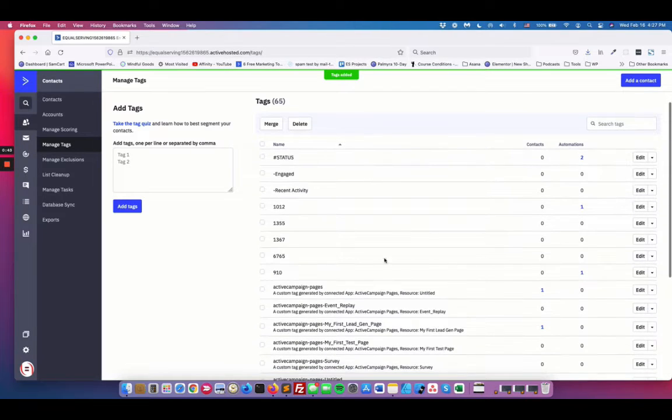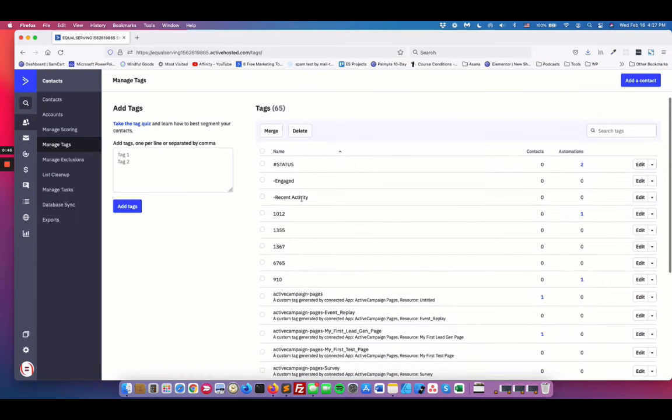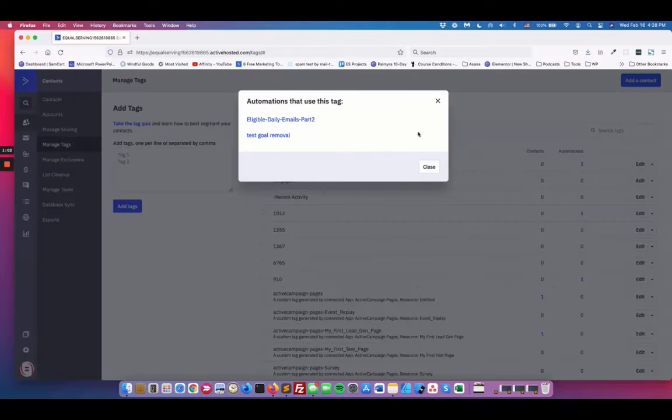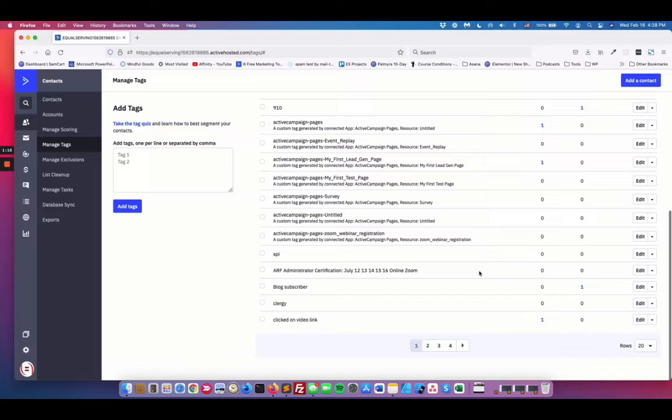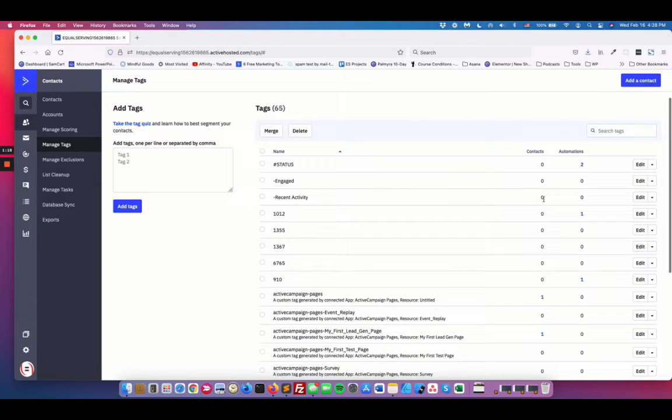What's nice about this is that you have all your tags here, and so you can see the engaged and the recent activity. Those are the ones I just created. So you can see right here in your tag list how many contacts have the particular tag, how many automations use the tag, so you can quickly go and make any changes that need to be made based on whatever information you might have about a particular tag. But it makes it very easy to go from your tags to see all of the contacts that have a particular tag. So if I click on this one,